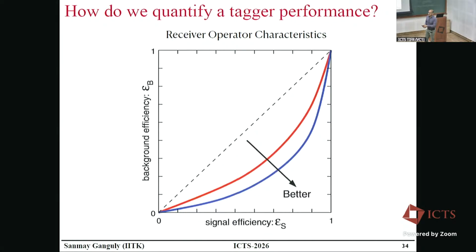And that's why, depending on the value of the cut we choose, we don't define an absolute value of efficiency versus background rejection. Rather, when we float that cut, we lie on a contour. This curve, which shows signal efficiency versus background efficiency, which is the contamination probability of background, is called the receiver operating characteristic. When we talk about tagging using machine learning algorithms, this will come back again and again and again. So keep this definition of this diagram in mind, and what this class of diagram actually tries to tell us.